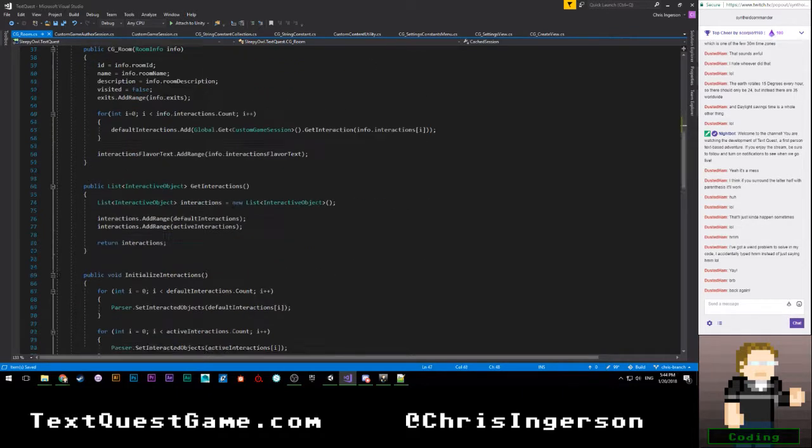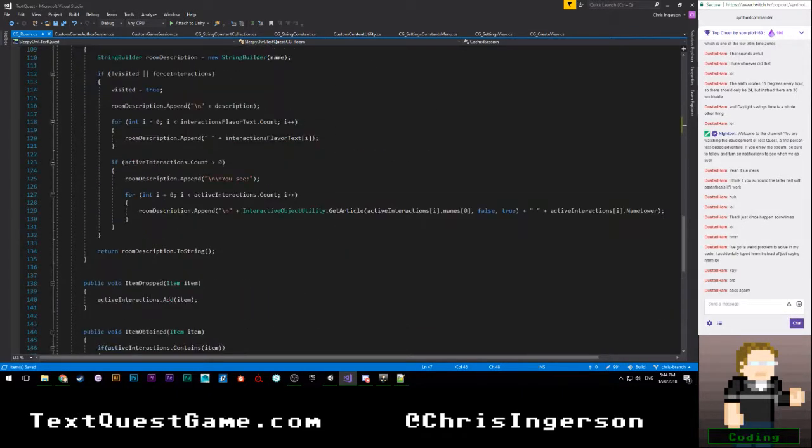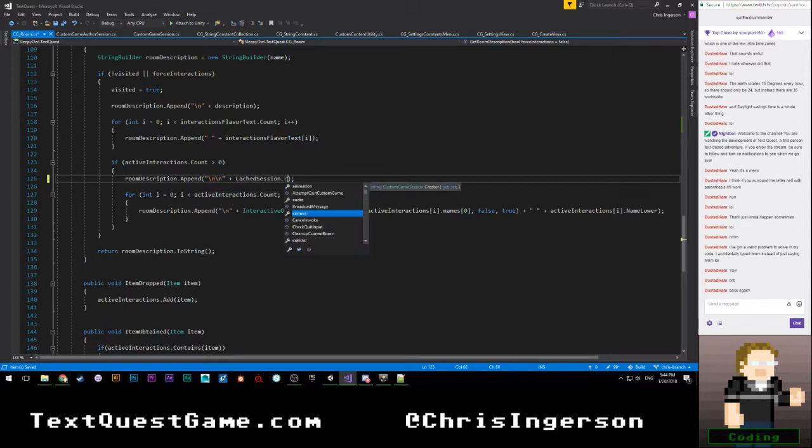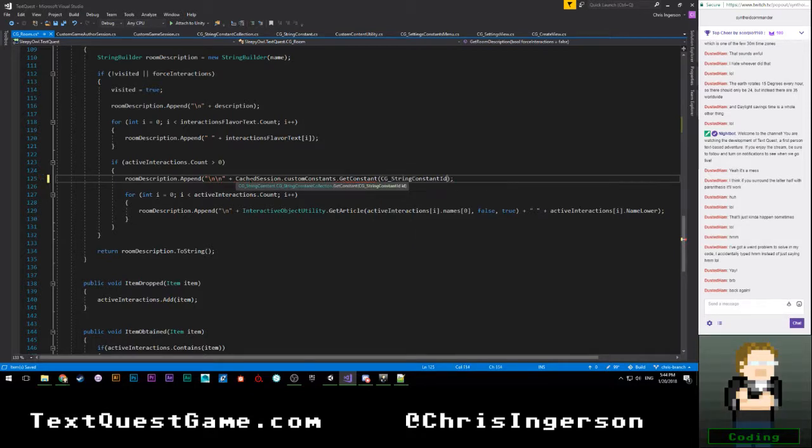So with that, we're going to come down here, and instead of saying UC here, we are actually going to say plus custom game or cache session dot custom constants dot get constant based off of item listing.